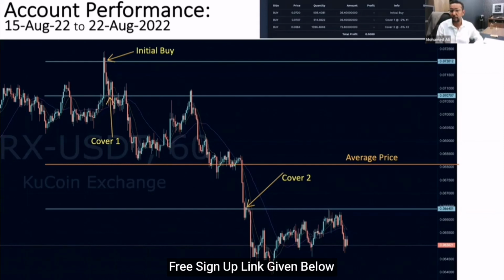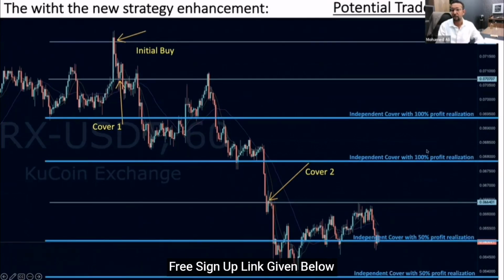But now with the new enhancement of the strategy that we're working on, which is probably going to be released this week, we're going to be solving that quiet zone. We have a quiet zone here between cover 1 and cover 2, which is about 5%. And we have another 8% between cover 2 and cover 3. We're going to add some independent covers in between as per this chart here. Those are going to be the independent covers between these average covers, and it's going to be taking buying and